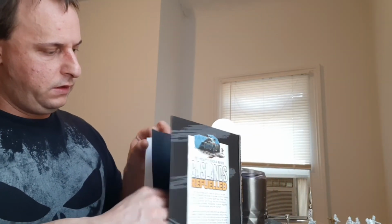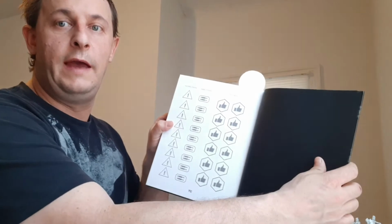In this book, they give you the tokens and moving templates that you need for the game that you can photocopy, or, because of how the book is bound, it's going to be very hard to photocopy, you can go on to Gaslands.com. They have a download section. You can download printable